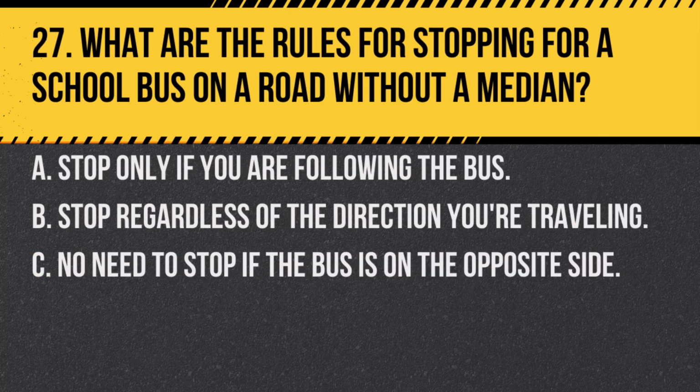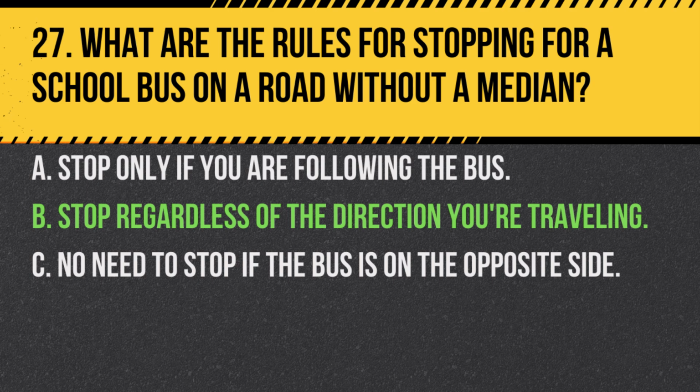Question 27. What are the rules for stopping for a school bus on a road without a median? A. Stop only if you are following the bus. B. Stop regardless of the direction you're traveling. C. No need to stop if the bus is on the opposite side. Answer. B. Stop regardless of the direction you're traveling. California law requires all directions of traffic to stop for a school bus with flashing red lights and an extended